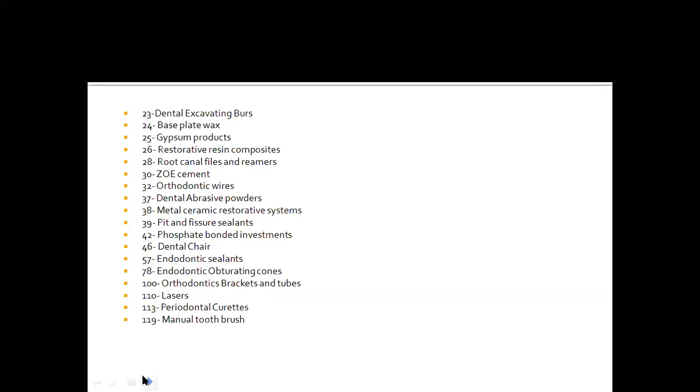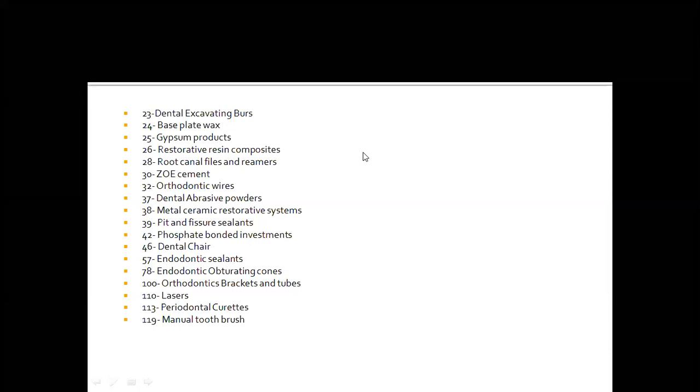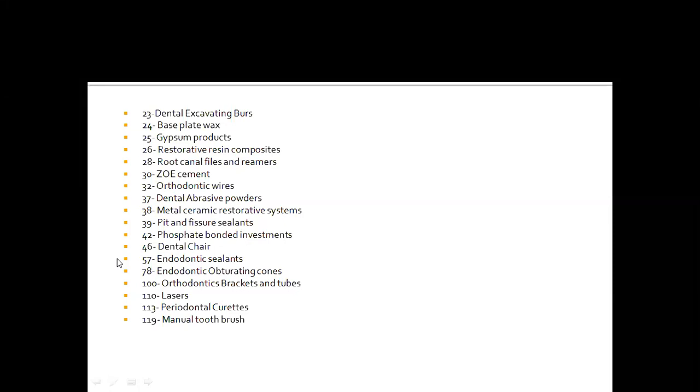Now the next set: 23 is for dental excavating burs, 24 base plate wax, 25 gypsum products, restorative resin composites is 26, 28 root canal files and reamers, 30 is ZOE cement, 32 is orthodontic wires, 37 is dental abrasive powders, 38 is metal ceramic restorative systems, 39 is pit and fissure sealants, 42 is phosphate bonded investments, 46 dental chair, 57 is endodontic sealants, 78 is endodontic obturating cones, 100 is orthodontic brackets and tubes, 110 is lasers, 113 is periodontal curettes, 119 is manual toothbrush. Okay, these are a few